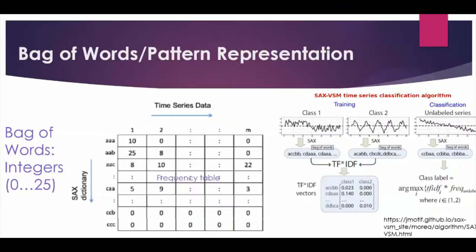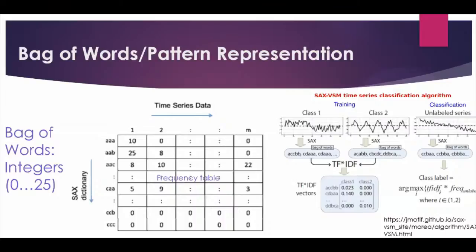On the right hand side, you see there is class 1 and class 2, with a time series signal. You can apply this, and you will get the symbolic representation of each block, and then for each and every combination you find the probability. You can create a probability table, and whenever a new series comes, you can directly multiply the values in this probability matrix, take the maximum value, and that maximum represents the belongingness to that particular class. Okay. So you can go through this link and find out how exactly people have done it.